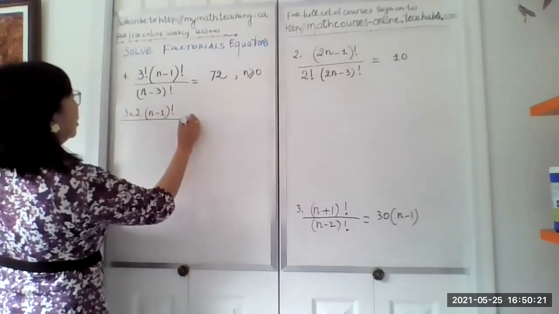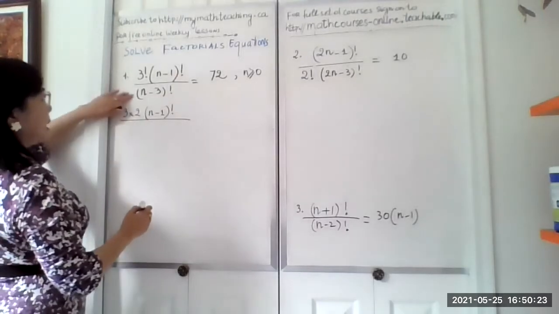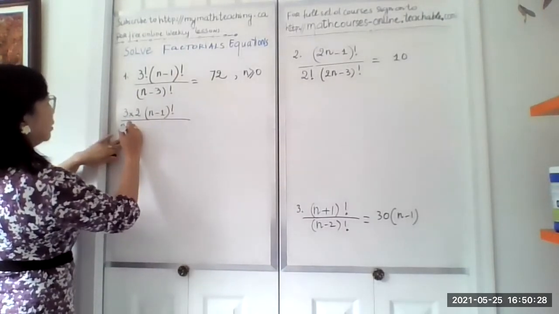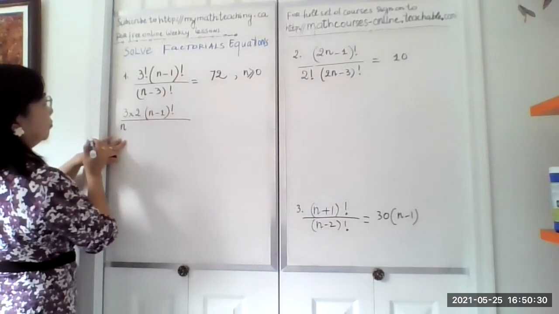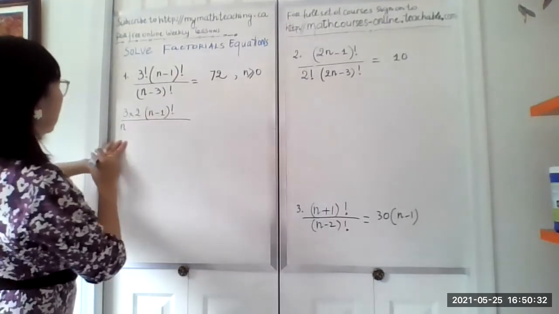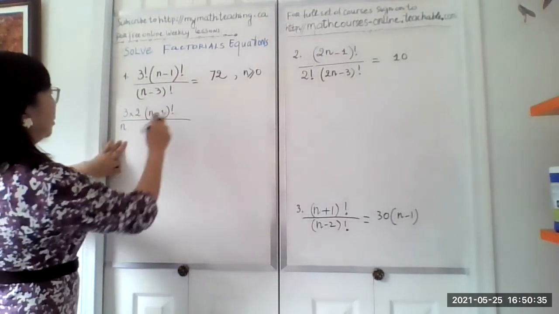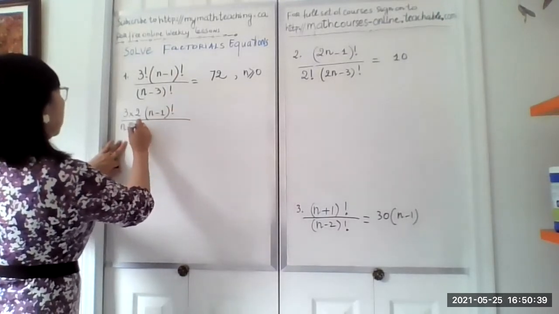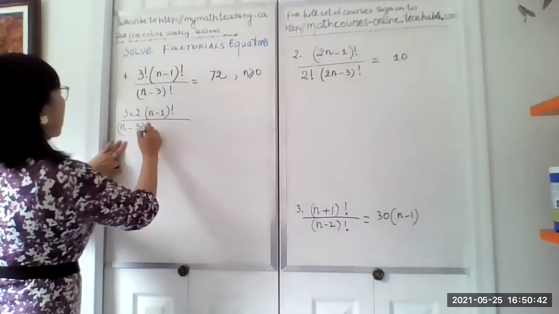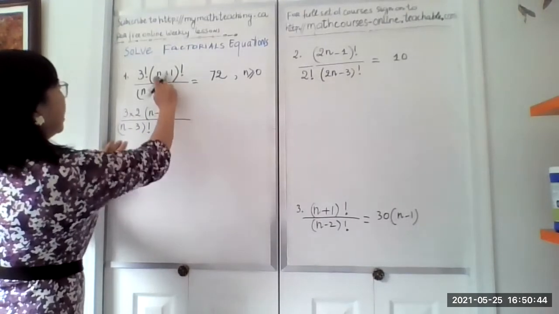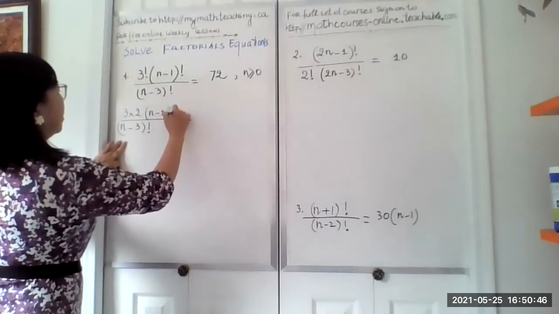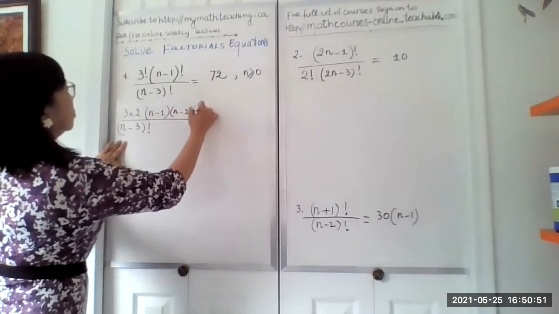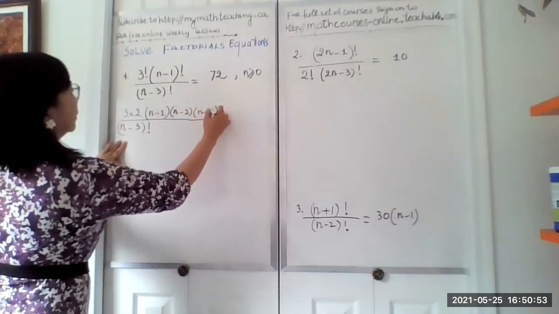I'm going to leave the bottom the way it is, but I'm going to expand the first one. So we have n minus 1 times n minus 2, and of course times n minus 3 factorial